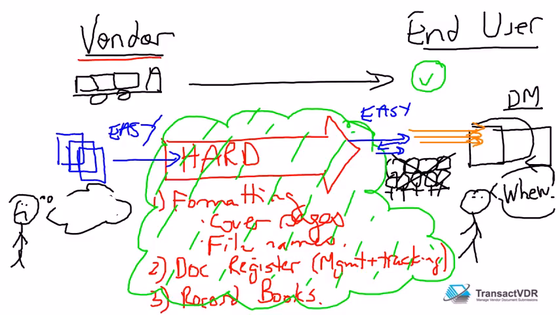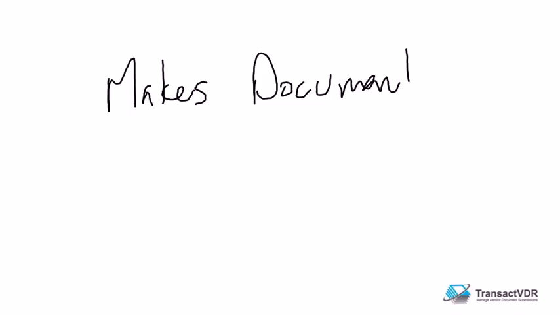As a result, we get to make some changes to a happy project person and make the conflict between the vendors and the end users go away as this component of the puzzle is removed. TransactVDR makes document submission